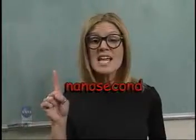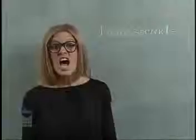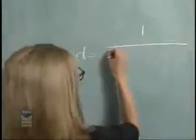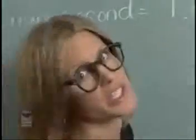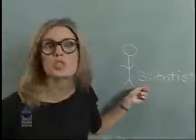Check it out. It takes a pulse of light 1 nanosecond to travel 1/3 of a meter. What is a nanosecond? A nanosecond is 1 billionth of a second. Basically, it's a really small amount of time. Anyway, if a scientist shoots a pulse of laser light at the sky,